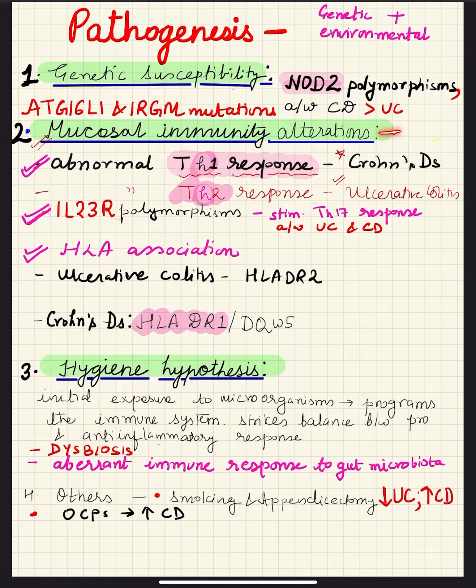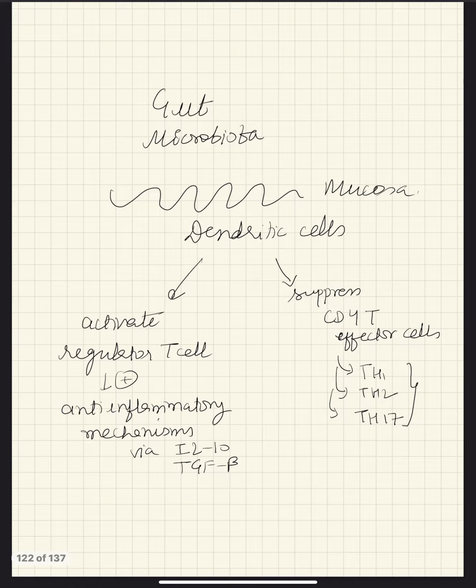To understand this, first we should know a little bit about the normal mucosal immune response that occurs in the intestine. So the gut microbiota is present on the mucosa, and it penetrates the epithelium. In that there are the dendritic cells. Dendritic cells cause the conditioning of the mucosal immunity. The dendritic cells activate the regulatory T cells, which promote the anti-inflammatory mechanisms via cytokines like interleukin 10,